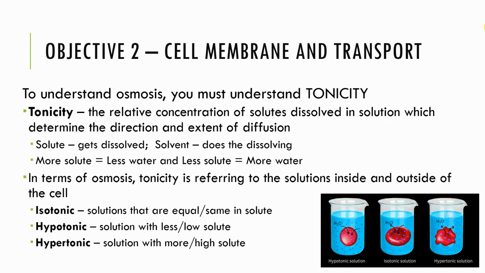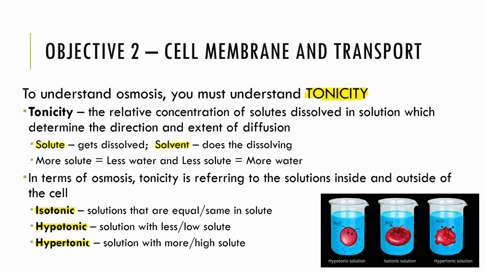In order to really understand osmosis, we need to understand a little bit about tonicity, which has to do with the concentration of the solute. Just as a quick reminder, in a solution, the solute is what's getting dissolved, and the solvent is what's doing the dissolving. In the case of the cells, inside and outside the cell, the solvent is going to be water. If we have a difference in concentration inside and outside the cell, the water is always going to move wherever there is more solute and less water, because water is going to move from high to low. And in order to describe solutions in terms of osmosis, we use these three terms here: